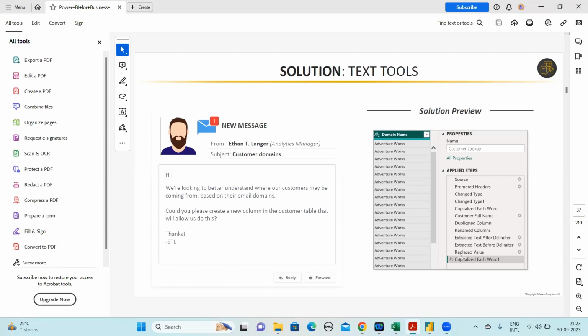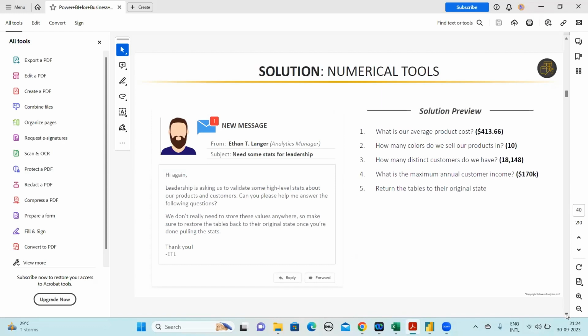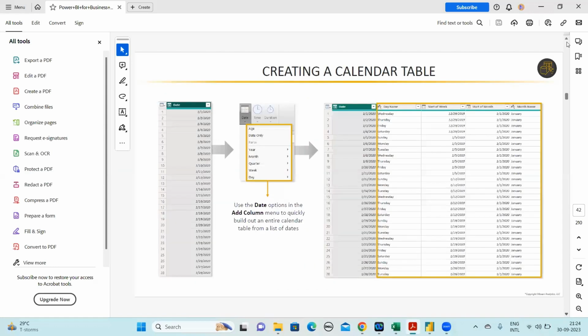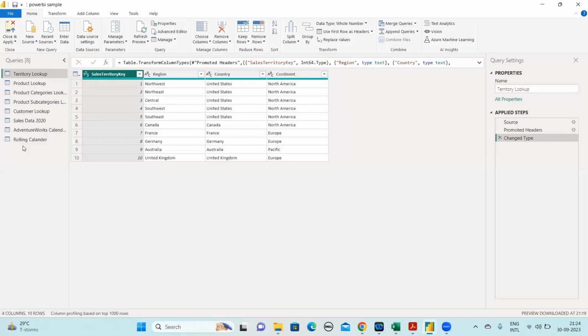Capitalize each word, whatever activity we are going to do, it will be stored over here, right? All the activities will be stored over here, right? So this is again the numerical tools that we discussed. What are the sum, min, average? Then we discussed how you can load the calendar table, right? How you can create the calendar table within Power BI, and then how we can get that. We have already loaded this calendar,